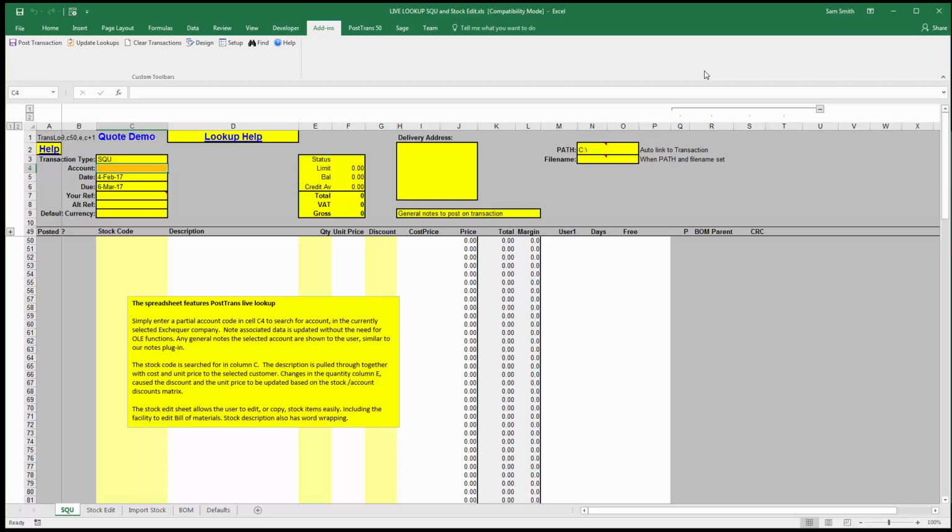designed to use a completely different search design, so the new system won't cut in unless you go through this upgrade process for each of your templates. Of course, all the example templates that come with PostTrans have already been upgraded, so they all use the new system. So let's just take this old example here, which has the live lookup function enabled on it, and we